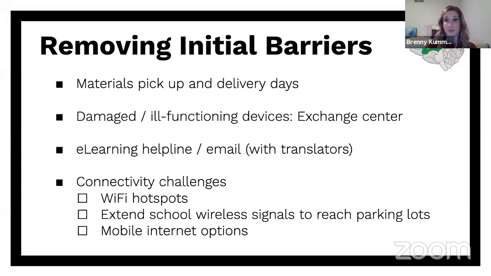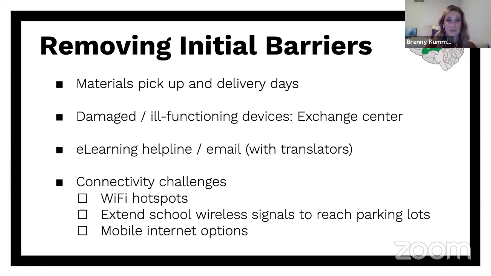And like I said, we have an e-learning helpline. We had translators answering those calls and checking voicemail because so many different languages are spoken in our community. That was a must. Our translators have really helped us out a lot. They're amazing. They have contacts in a lot of the buildings and with families they're in contact with regularly, and they know some of their needs, and they've been able to spread the word on calling us for help if they need it.